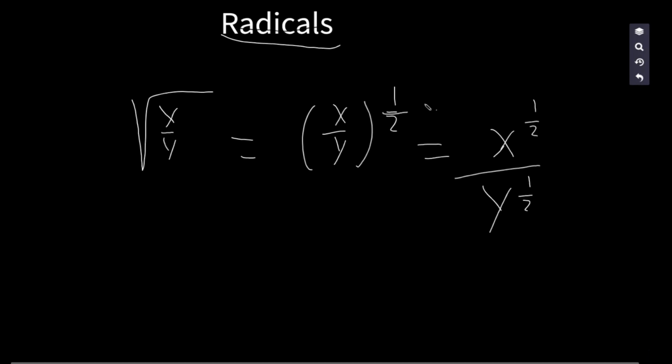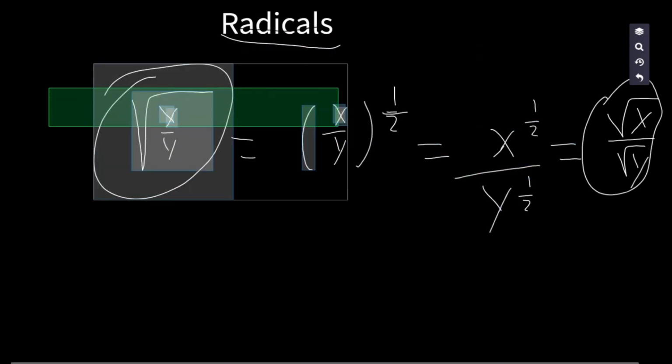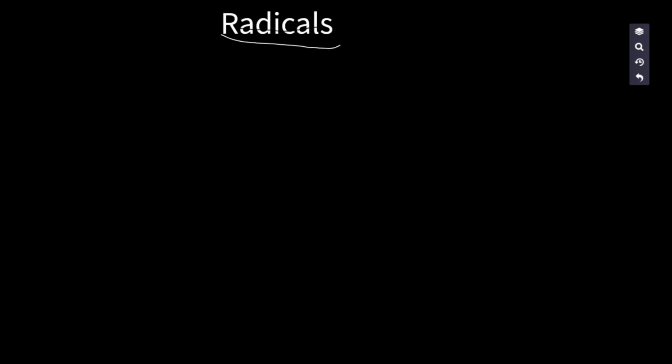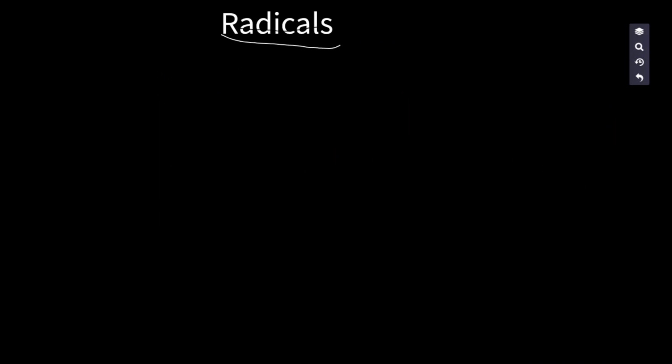And now here, 1/2, that's just the square root, so that's square root of x over square root of y. So we've just proved a new radical property: square root of x over y is the square root of x over the square root of y. And there are tons of these radical properties correlating with their corresponding exponent properties, and I encourage you to try them. But for the sake of time, there's mainly just one radical property that's very important, and that is,